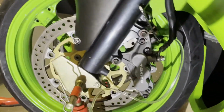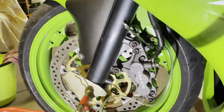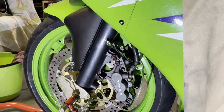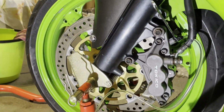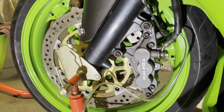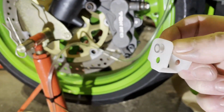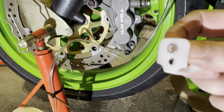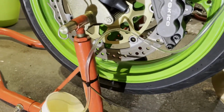Right, okay, the Easy Bleed or one-man bleeding device that I got was rubbish. No good at all. It just wasn't sucking through, and I don't know whether it needs a lot of pressure or what, but the valve just was not allowing anything through. It's also got this retaining clip that is obviously to help it stay on the nipple, but there's no way of getting that over the nipple. It's too tight. So anyway, that's no good. So I've gone for the